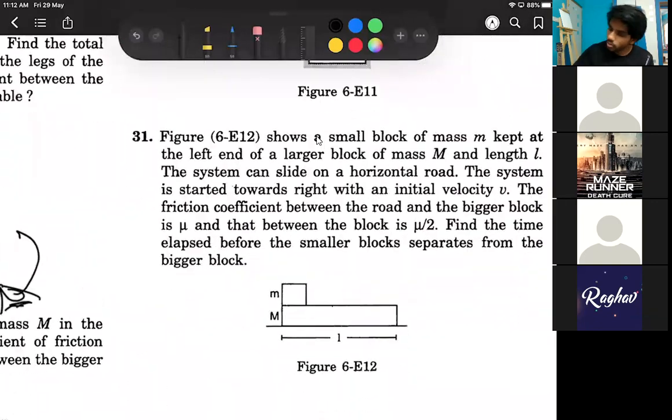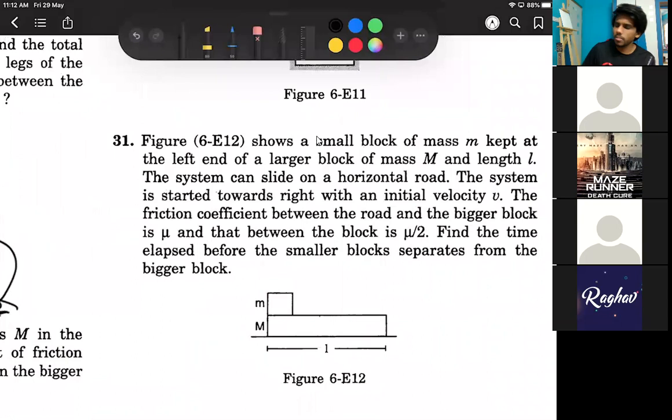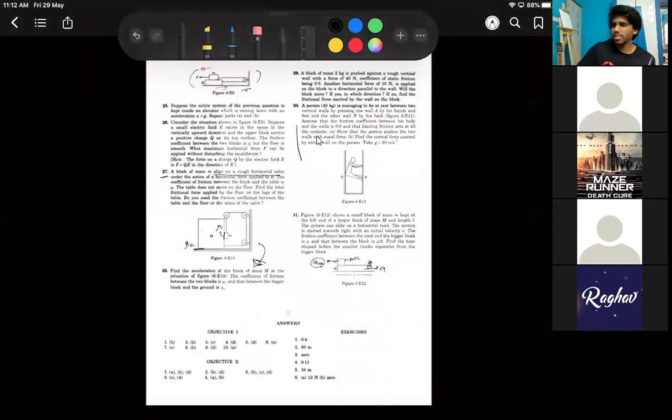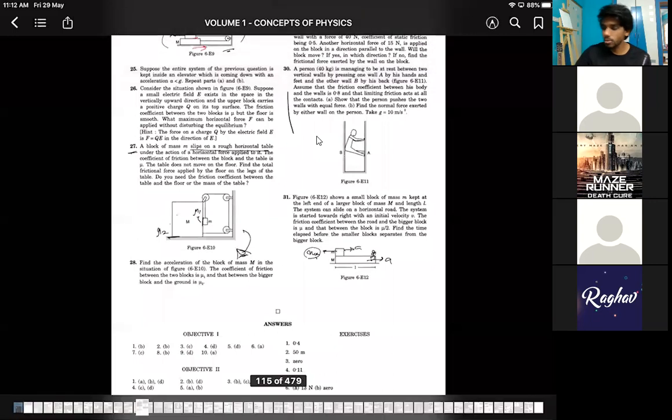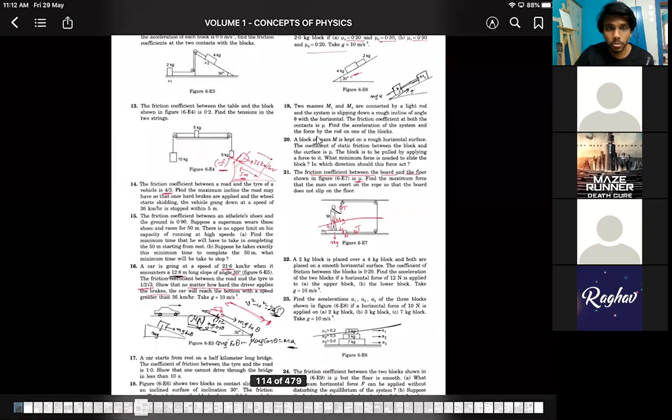I have already discussed the last questions, question number 30 and things like that. Question number 31 is also an easy one, but I can assure you only once you try that, because this block and this block will have different accelerations. So try to solve the whole problem in the frame of reference of the bigger block, so there will be a pseudo force acting on it. That case will be different. You'll try it later, okay? These questions are a little difficult to try.